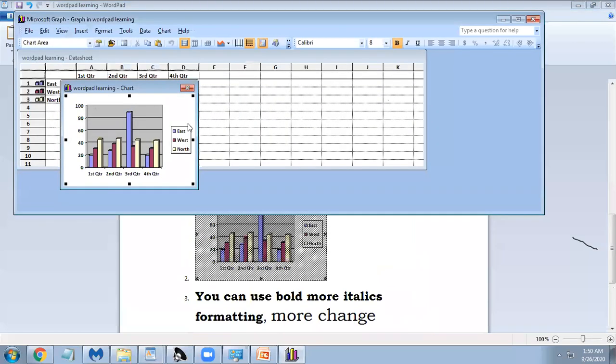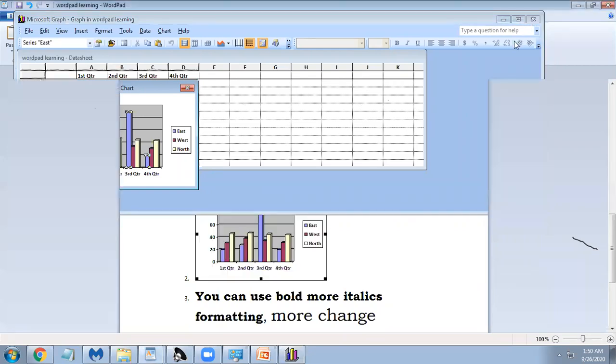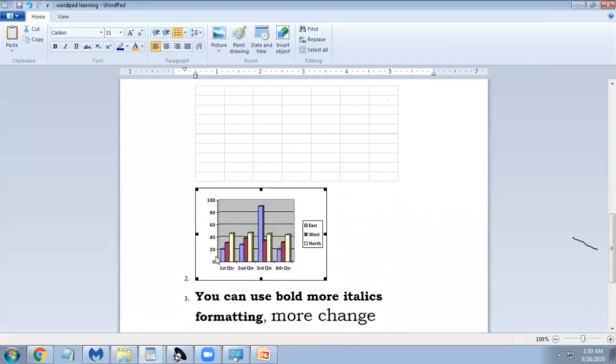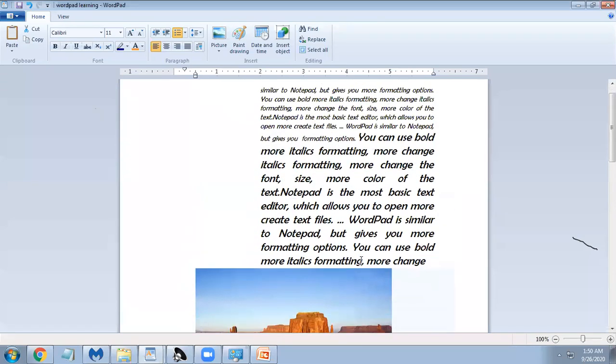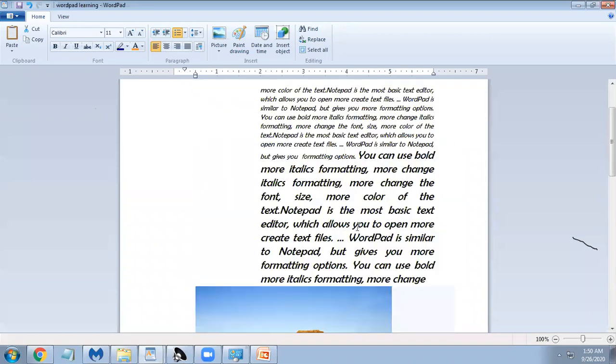Just take this and delete. You can give some chart characteristics, from where the value increases and in what time it increases. You can give x, y, all those things. So this is very easy.